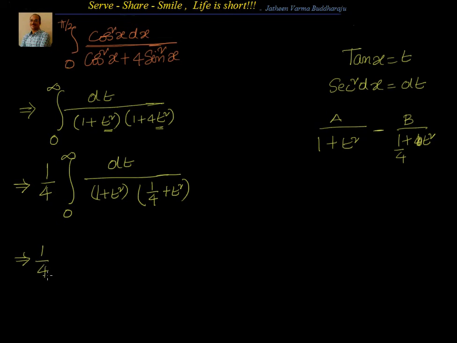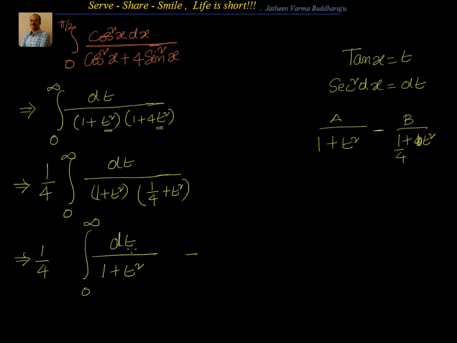First, I will write exactly what I want, then I will see what I have to do. I will write it as dt by 1 plus t square. This is what I want, because this is in the standard form of 1 dx by a square plus x square, and I know the integration of that is 1 by a tan inverse x by a. So I will write down what I want first.